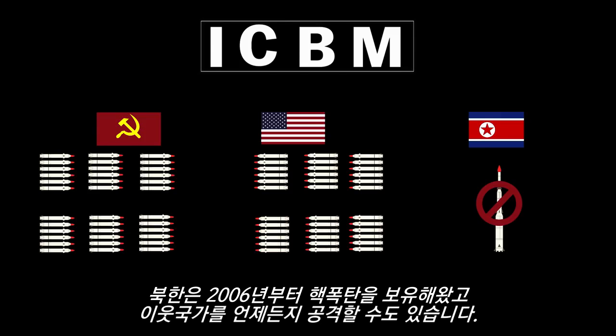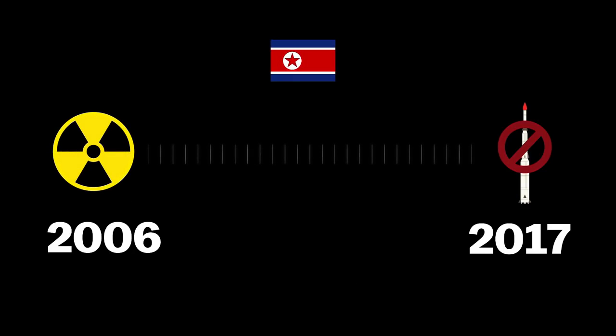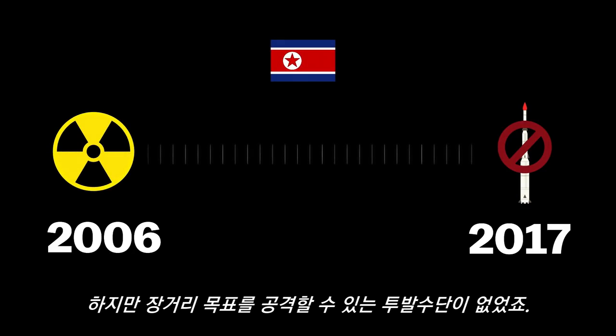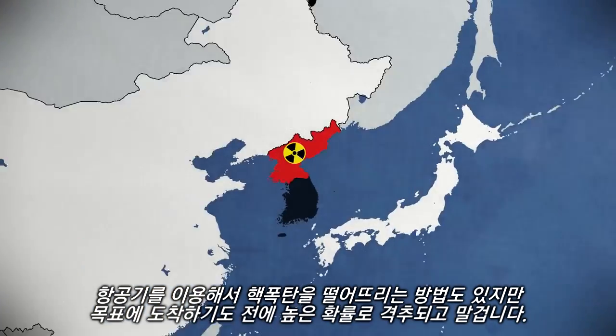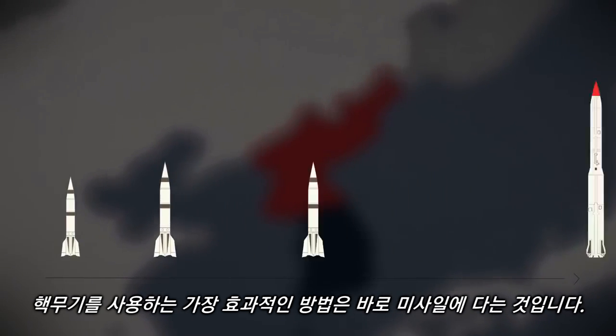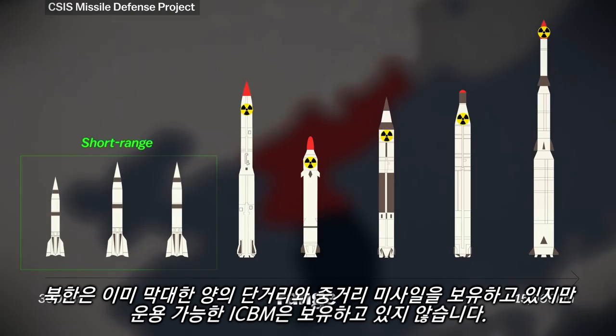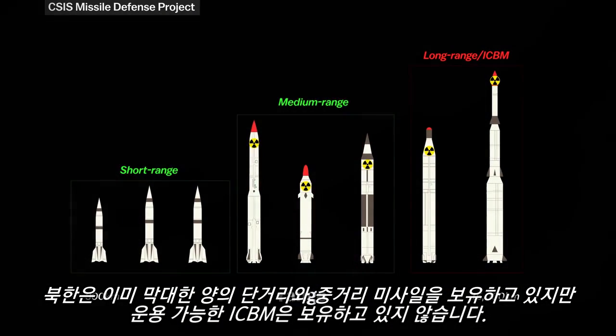The North Koreans have had nuclear bombs since 2006, and they could certainly attack their neighbors, but they've had no real way to deliver them to a distant target. They could try and drop one from an airplane, but it would likely be shot down well before getting to the target. The most effective way to use a nuclear bomb is to attach it to a missile. Different delivery systems determine how far the target can be. North Korea already has a huge arsenal of short and medium-range missiles, but it doesn't have a working ICBM,